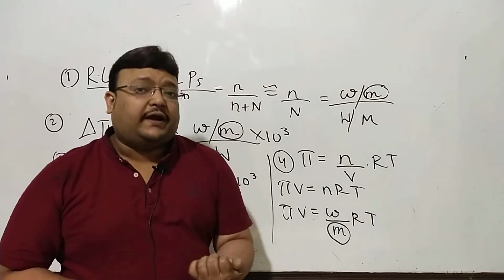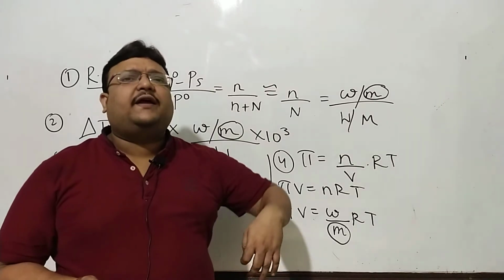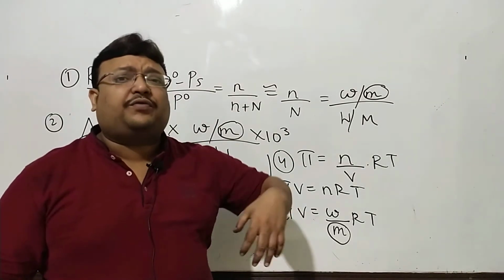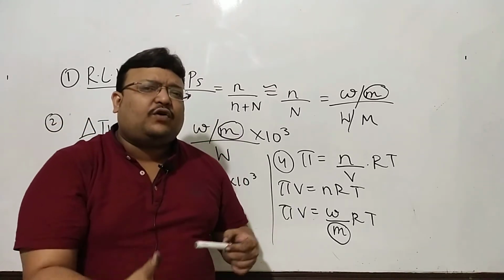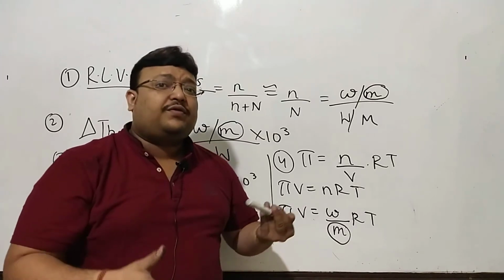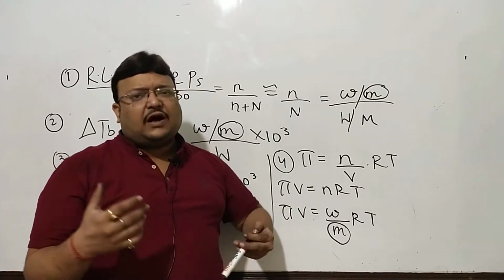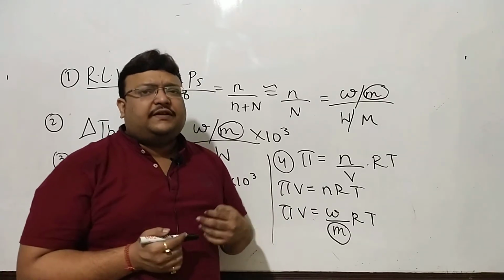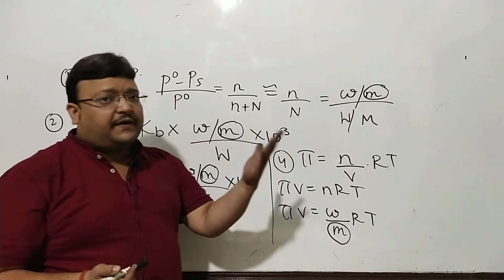But so far we have seen cases of a solute which is non-volatile but a non-electrolyte. All this is going to hold true if it's a non-electrolyte, if it's not dissociating or associating in water. Certainly, if a solute starts dissociating or associating in water, then the count of particles will change. The count of particles will be different from the expected count of particles. The molality and the molarity will be different.